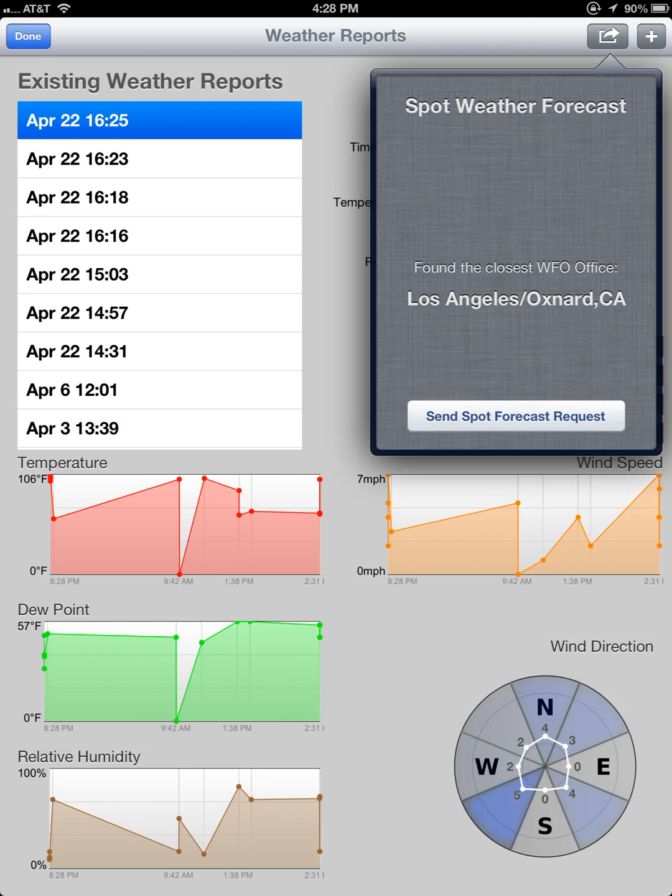And it's searching, and it found that the closest National Weather Service office that does spot weather forecasts from where I am is Oxnard. Okay, so now I want to send the forecast. I click on it, and you'll see in the upper right hand corner it's spinning. Now it's reaching out and pulling your data into the spot weather forecast form,